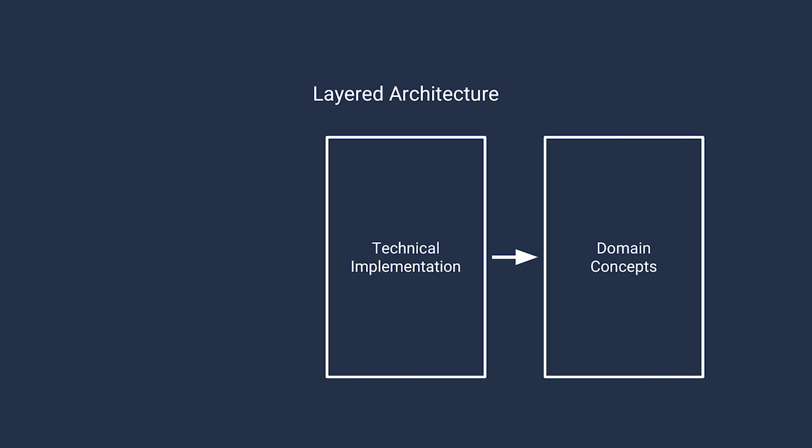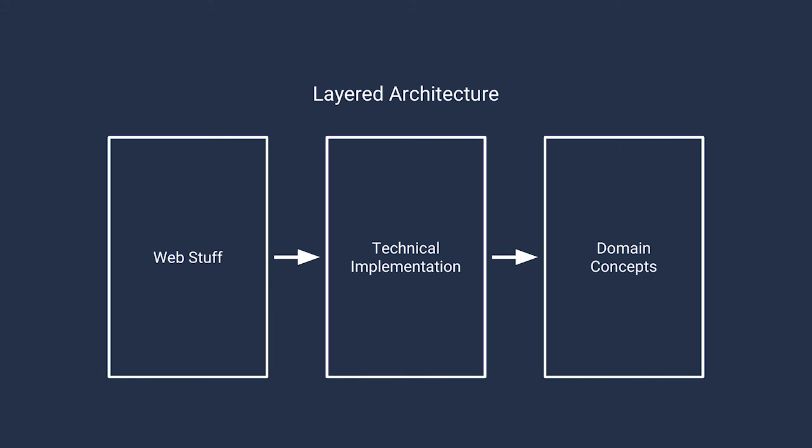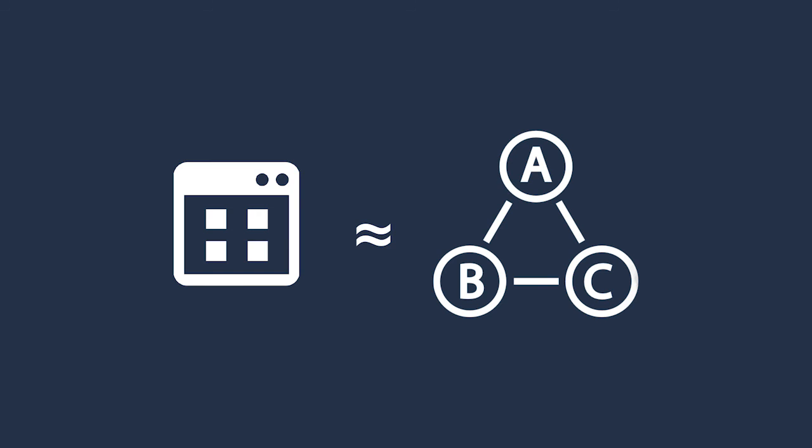But for now, the important idea is that the model is focused on domain concepts with as few technical implementation details as possible. When implementing the domain model pattern, we can utilize a layered architecture to separate the domain concepts and the technical implementation. This brings many advantages. The most obvious advantage is the ease in which your team can keep up with the changes in the business. When your code is a reflection of the business's conceptual map and the business's understanding about how things are done changes, then the nature and scale of the change in your code tends to directly reflect the change in the business's mental model. It's a powerful concept.